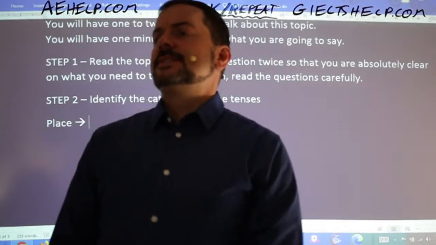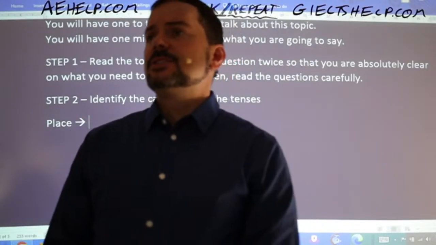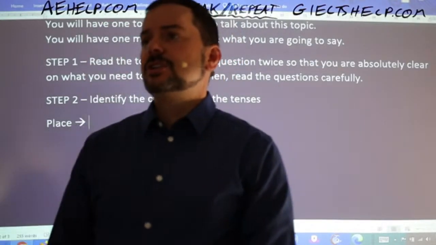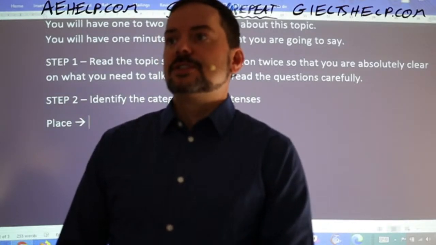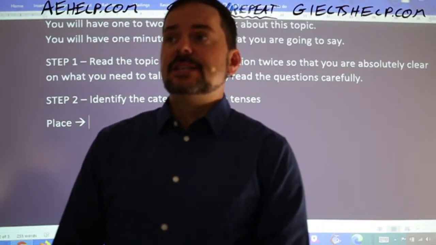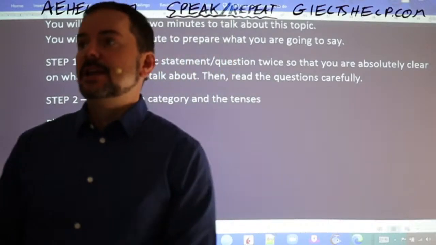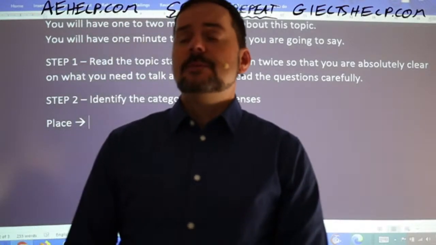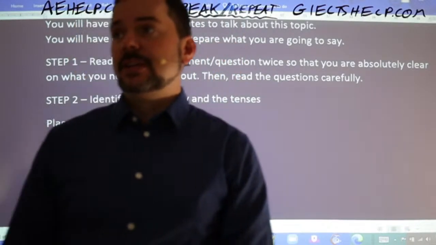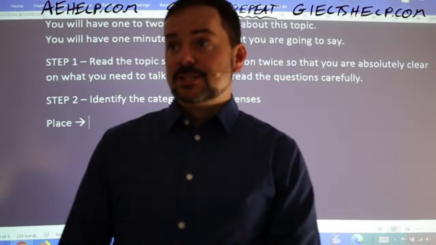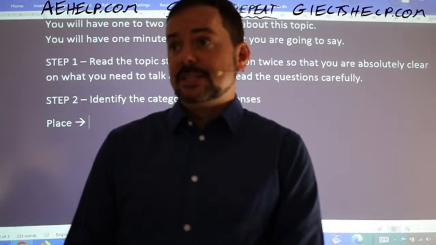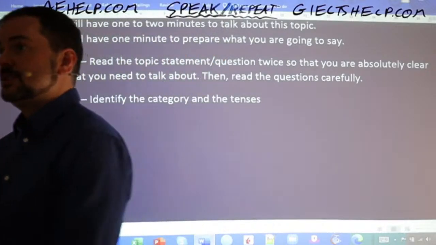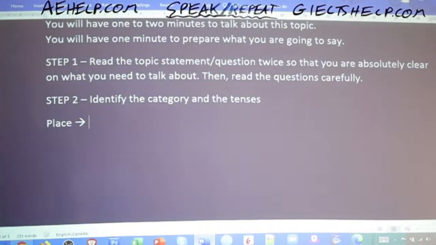Okay, so Ois says when you're talking about a place, you should talk about the location, its appearance, what it looks like, its attendance, so who goes to this place, the activities of this place, and the experience. Nick Hill says when you talk about a place, to discuss it clearly, talk about the location, its appearance, its history, its attendees, its activities, and your opinion. And Nick Hill and Ois, you're very synonymous, which is great.